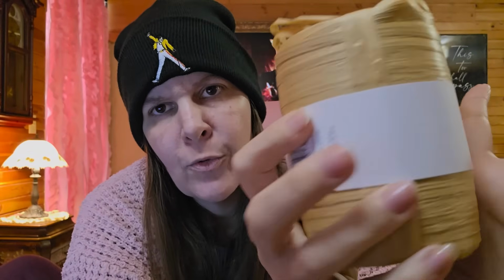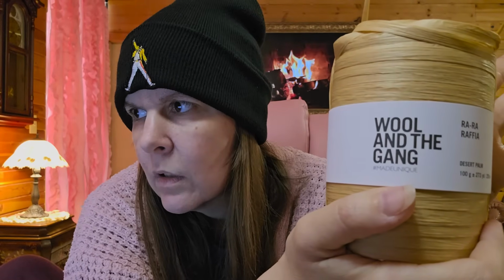So I went with this one, and I actually did crochet with it a bit. It's like many other paper raffias that I felt before, actually. I don't have a problem with it at all. But remember, paper raffia is not the hardest to crochet with, but it's not the easiest. I mean, it's easier than real raffia. So this is what I thought I would use for my lookalike product, because they don't use real raffia on that. They use something that looks like raffia. I don't really know exactly what they use, to tell you the truth, but